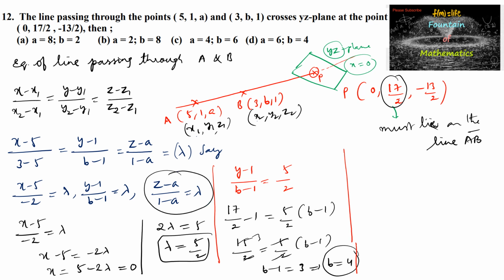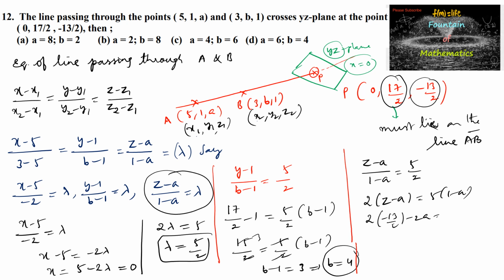(z minus a) upon (1 minus a) is equal to lambda. (z minus a) upon (1 minus a) is equal to lambda, which is 5 by 2, and the z coordinate is minus 13 by 2. Let me write: 2 times (z minus a) is equal to 5 times (1 minus a), which is 2 times z, that is minus 13 by 2, minus 2a is equal to 5 minus 5a, or we can write minus 13 minus 2a is equal to 5 minus 5a,